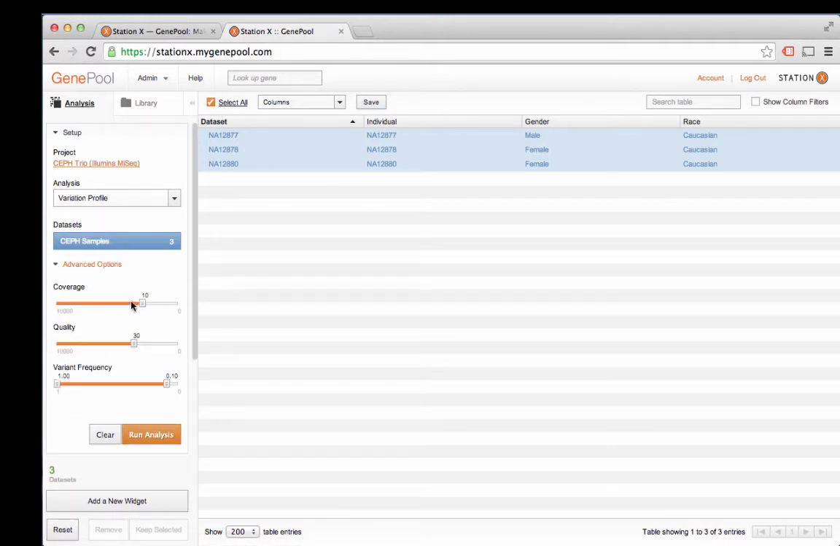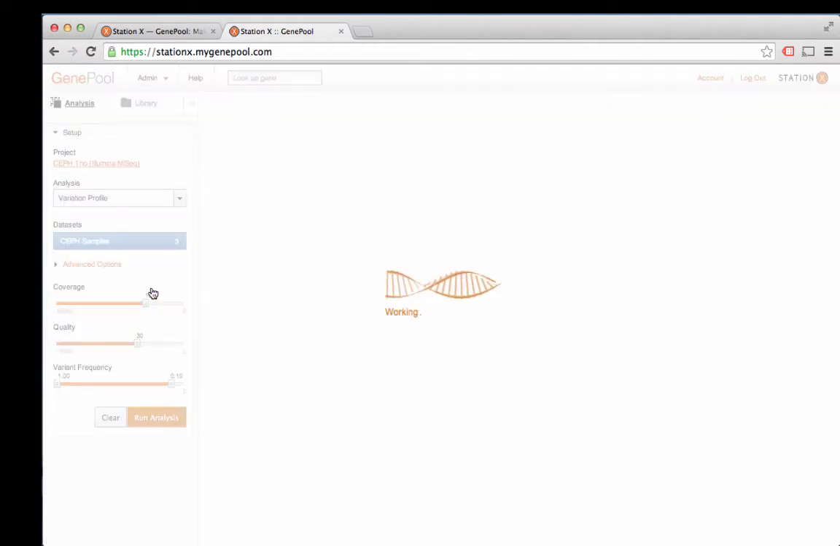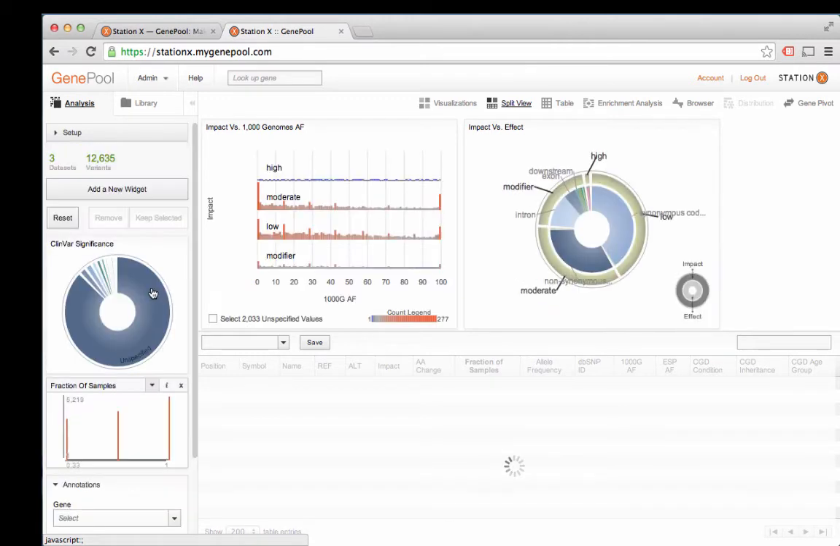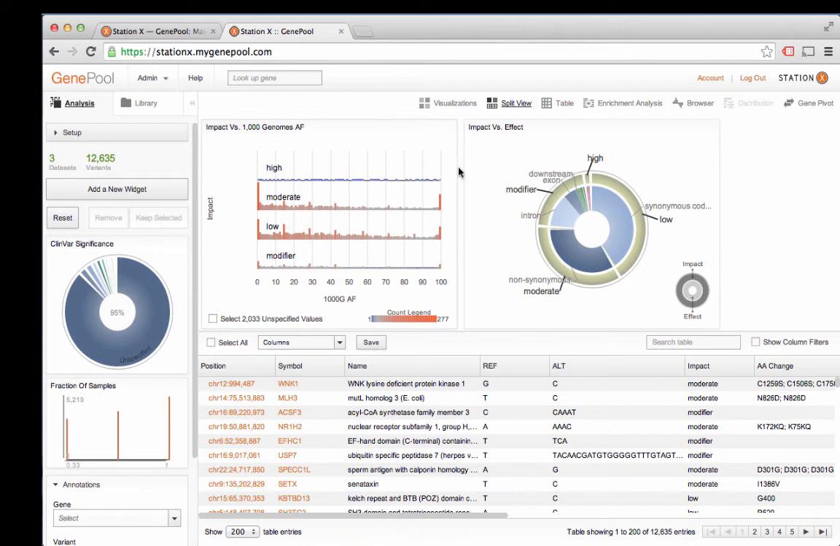You have the option to change some of the minimum thresholds for quality, coverage, and variant frequency. I'll leave the defaults on. Run the analysis, and what this is doing is going back to the database, retrieving the mutation calls, and dynamically annotating those mutations with various tags. And we can take advantage of those annotations now and filter for interesting mutations in one or more of